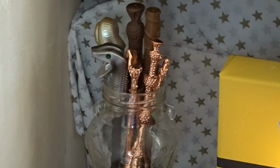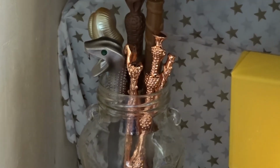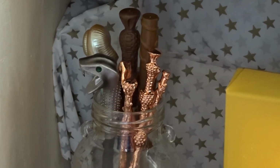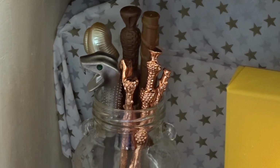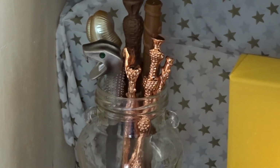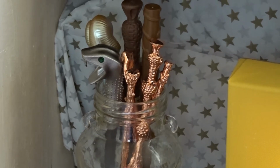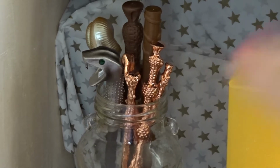Yes, of course. Moving downwards, over here I've got a pot. This came from a little jar from a Greek sweet, and I have put inside some pens I got from Primark and House of Spells. The ones at the back are from Primark, the Elder Wand and Hermione's Wand. Then we have Queenie's and Lucius Malfoy's wand from House of Spells, and the golden ones,